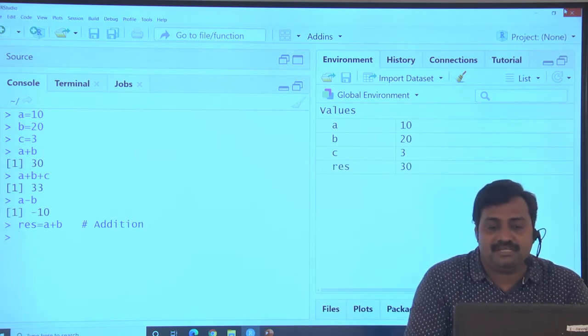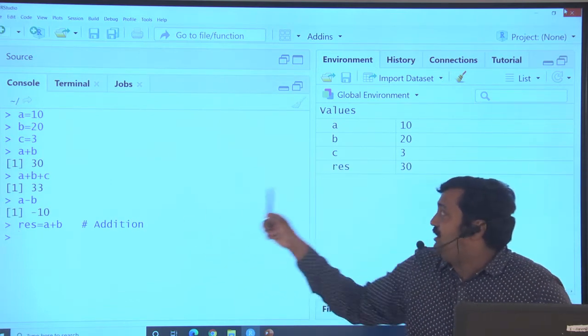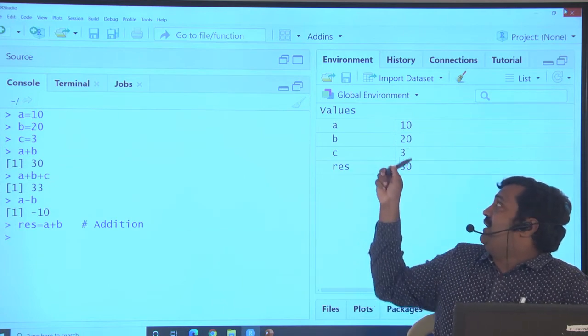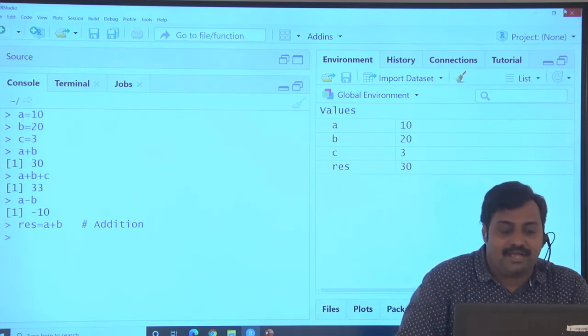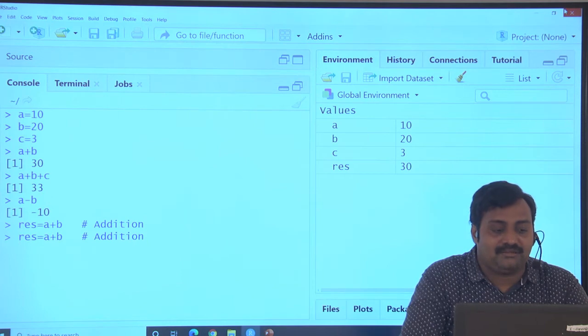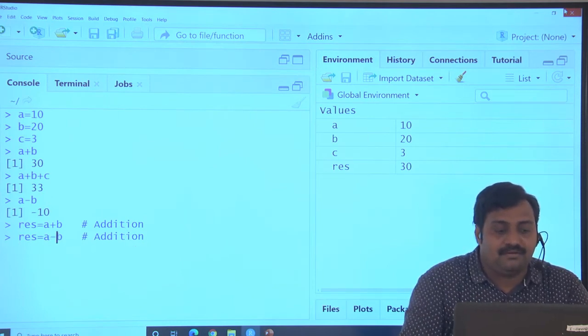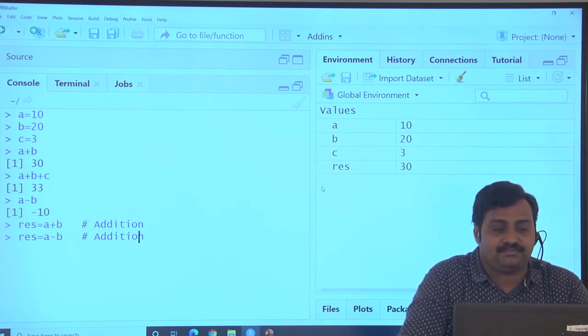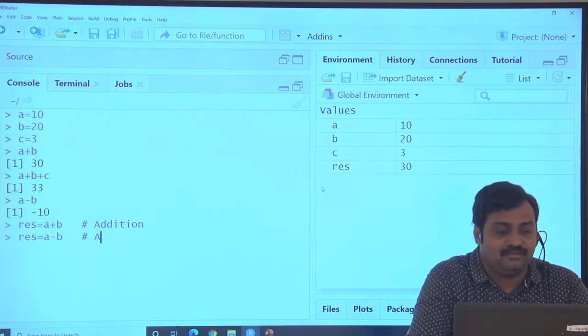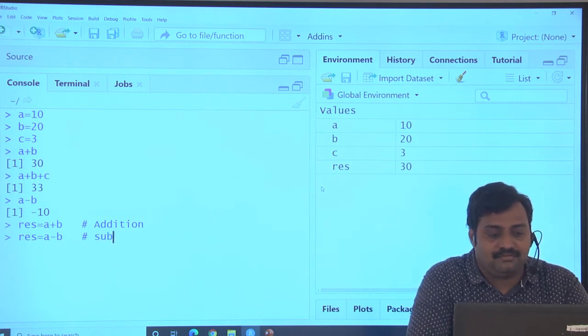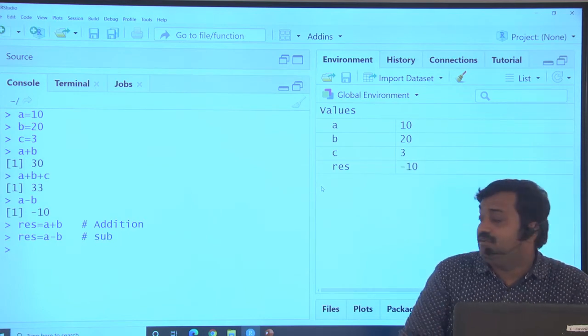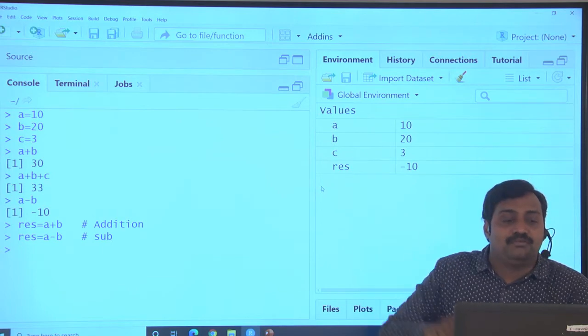When I am performing an operation, a new object is created: a plus b gives 30. Again I am doing the subtraction, a minus b, where I am performing the subtraction operation. Check, modify, update the value.